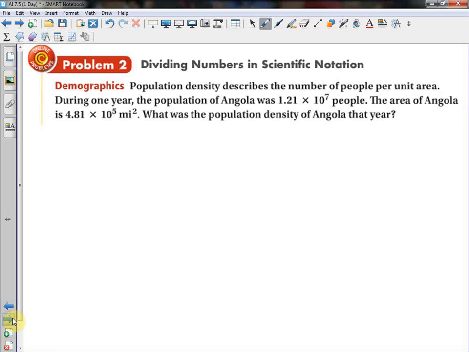All right, here we're talking about population density, which is the number of people per unit area. In one year, the population of Angola was 1.21 times 10 to the 7th people. The area of Angola is 4.81 times 10 to the 5th miles squared. What is the population density of Angola? Well,